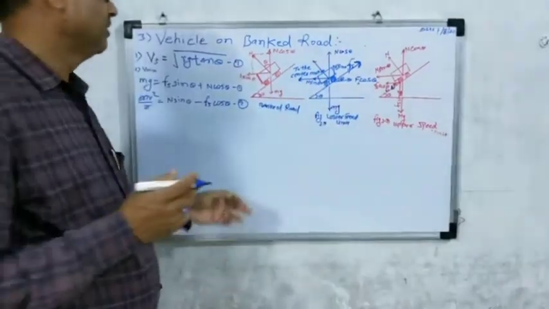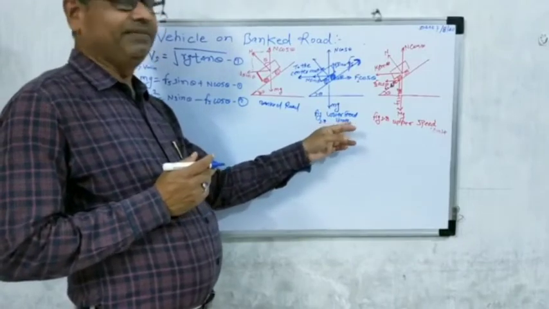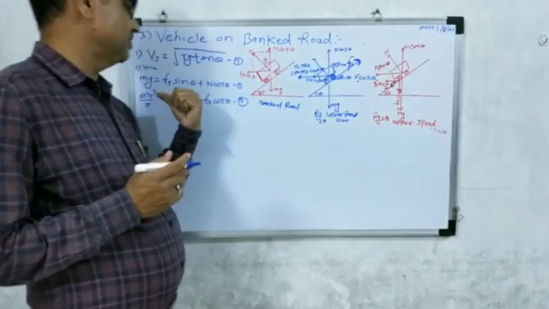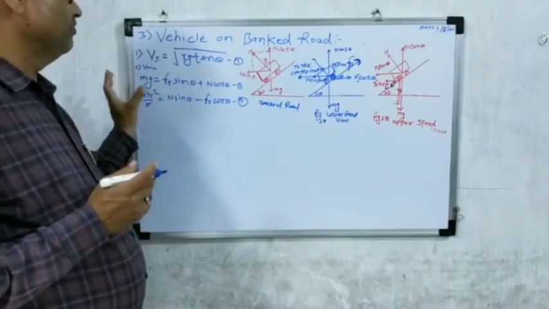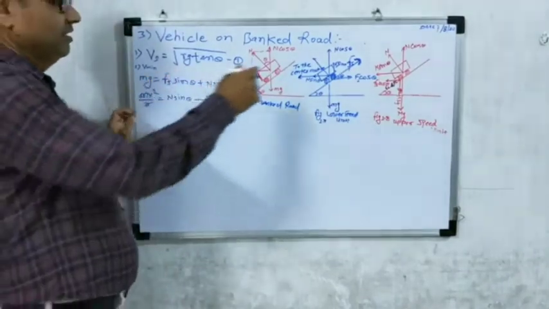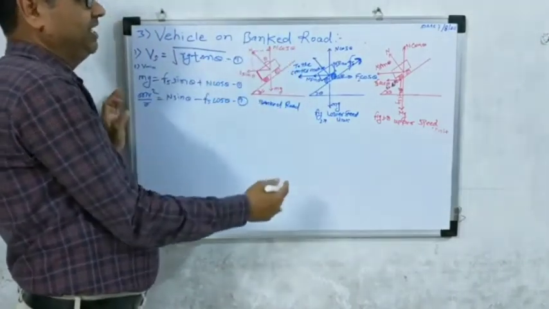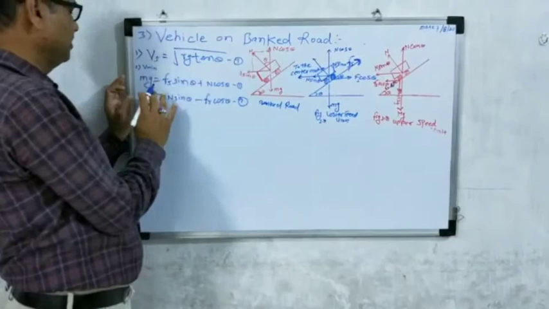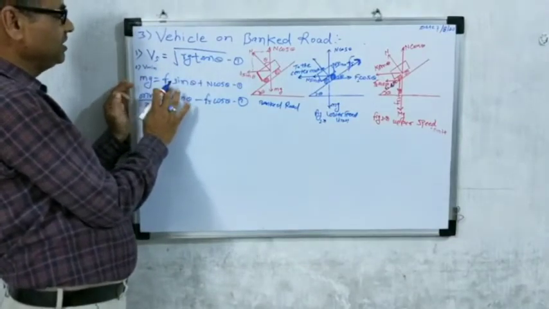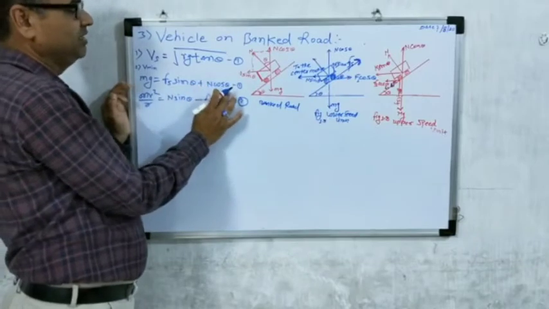Note this. The second figure shows the lower speed limit. The equation must be produced by the velocity, which should be the minimum on a car. The weight balance is in the downward direction, vertically downward. Therefore, mg is equal to fs sin of theta plus n cos of theta.